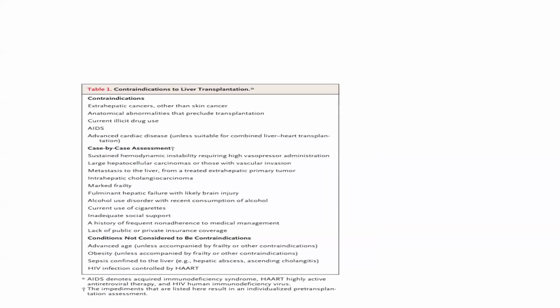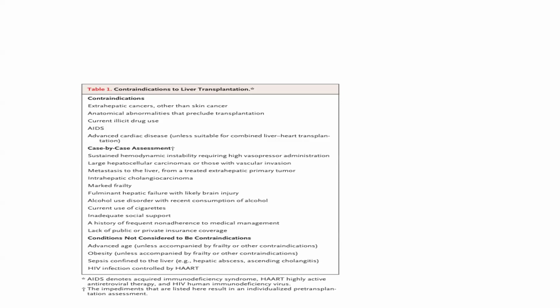Then we'll see what are the contraindications for liver transplantation. Contraindications are extrahepatic cancer other than skin cancer, anatomical abnormality that precludes the transplantation, illicit drug use, AIDS, advanced cardiac disease. Then case by case assessment: sustained hemodynamic instability requiring high vasopressor administration, large hepatocellular carcinoma and those with vascular invasion, metastasis to the liver from a treated extrahepatic primary tumor, intrahepatic cholangiocarcinoma, marked frailty,